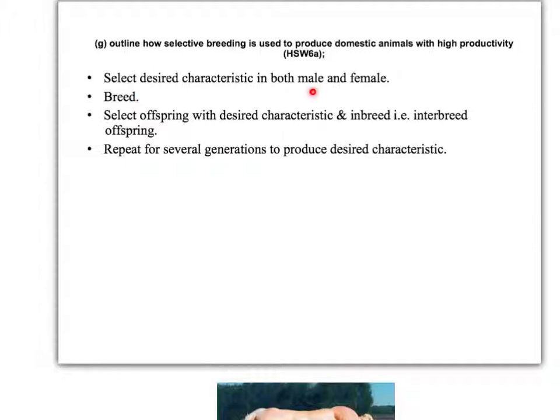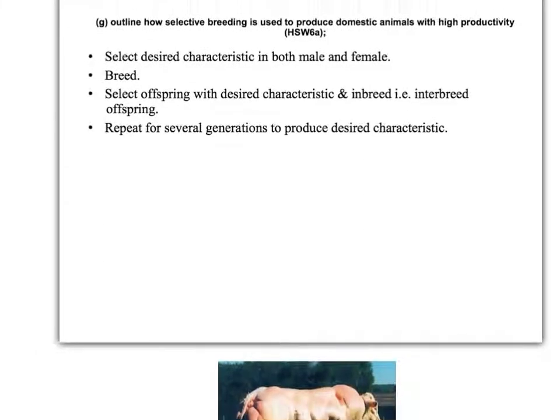It may be, in terms of cattle, that it's the large male we're trying to produce, which converts his food most efficiently into meat for sale, and therefore we continuously choose large males and breed them with large females to get large offspring. We then interbreed those offspring so that the males within the offspring are all very large. And we repeat this for several generations to produce organisms which have very unusual